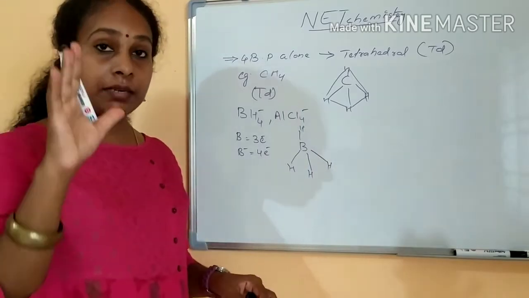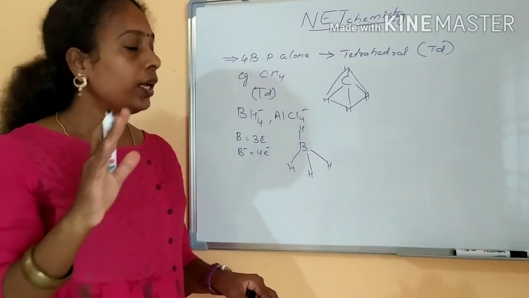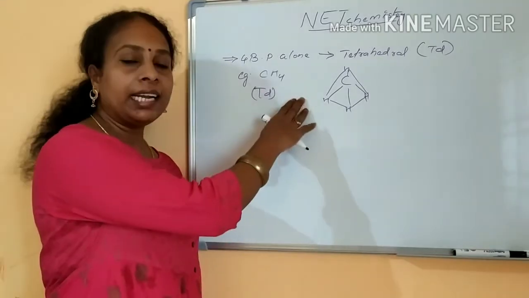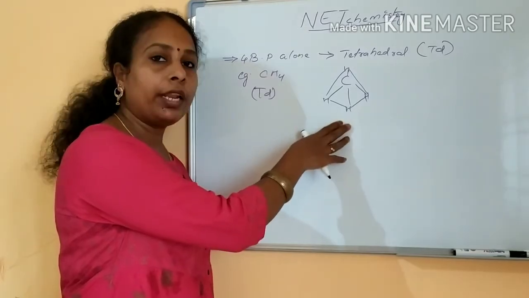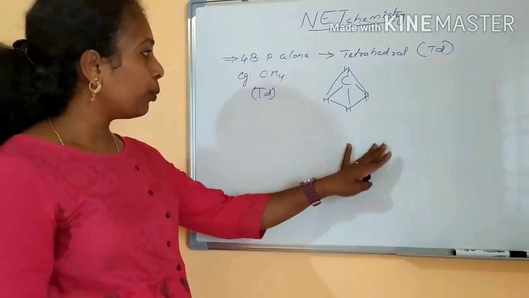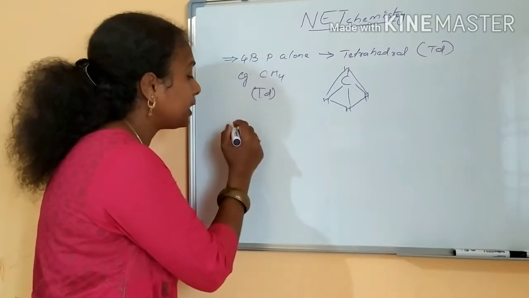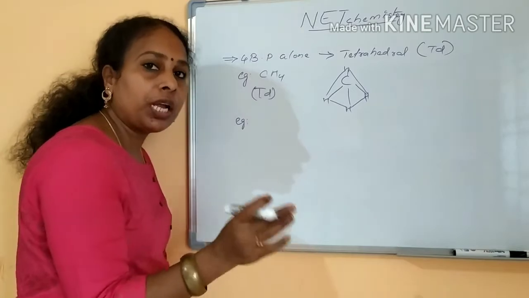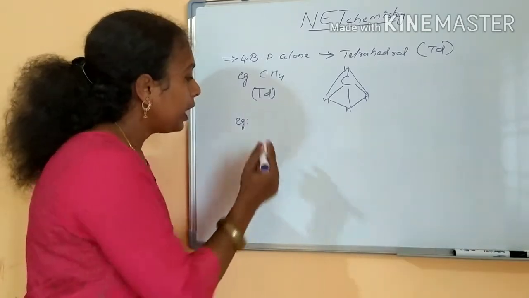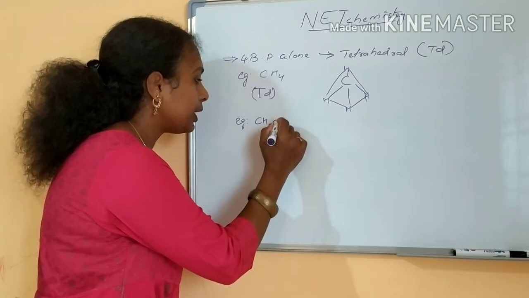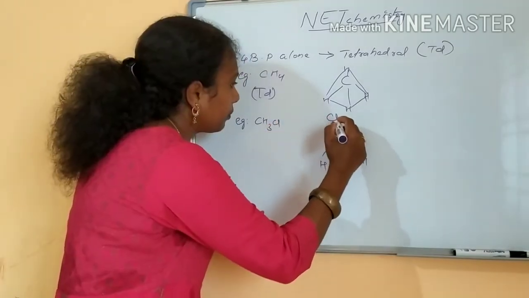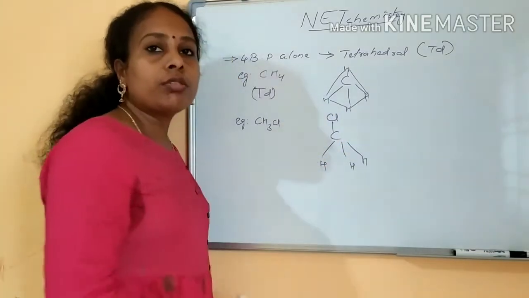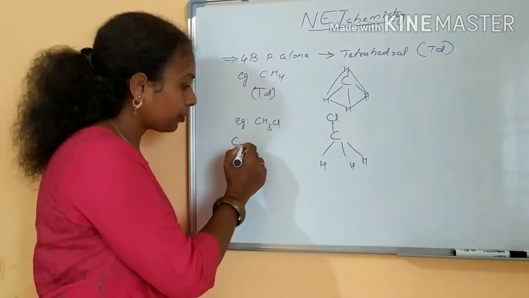You have to know the s and p block elements fully, then only you will be able to write the shape and point group of the molecule. Tetrahedral condition, CH4, 4 bond pairs alone, the molecule belongs to the point group Td. I am removing 1 hydrogen atom and putting a chlorine atom, CH3Cl, right? But this will not belong to the point group Td.